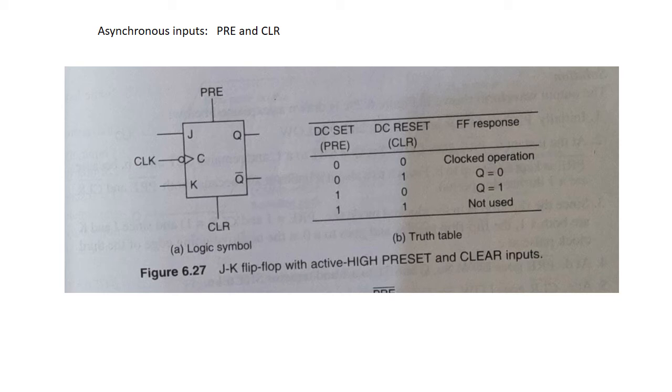For the clocked flip-flops we have discussed so far, the S, R, D, J, K inputs are called synchronous inputs because their effect on the flip-flop output is synchronized with the clock input. These synchronous control inputs must be used in conjunction with a clock signal to trigger the flip-flop. And most IC flip-flops also have one or more asynchronous inputs, and these asynchronous inputs affect the flip-flop output independently of the synchronous inputs and the clock input.